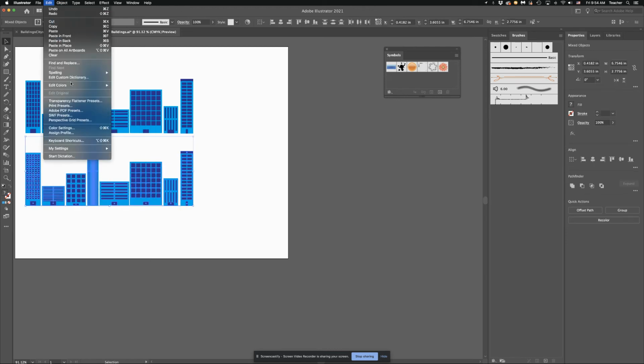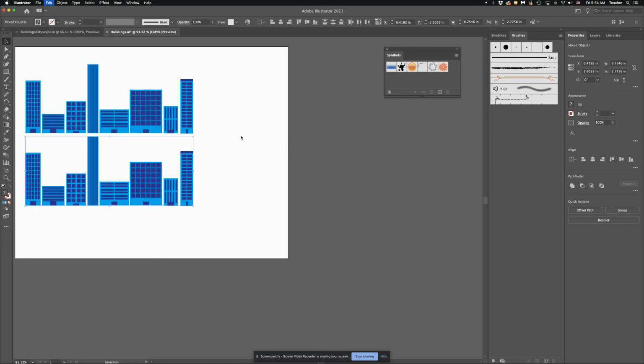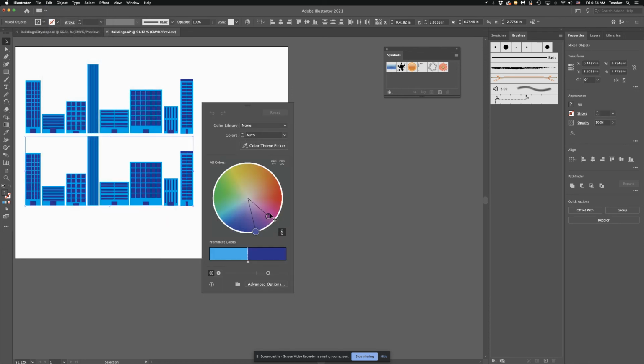But you can go under edit colors, recolor artwork, and you can recolor it this way as well. Unclick the chain, and you can change the color of the second side. If I want to keep it somewhere in the same ballpark as the other side. So find something you like,